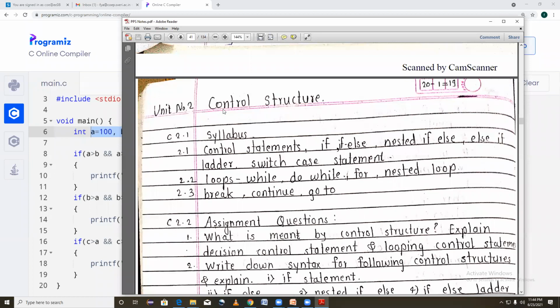Okay, for this case, we need to take some decisions whether to print this value or the other value. To take this decision, we have this control structure.